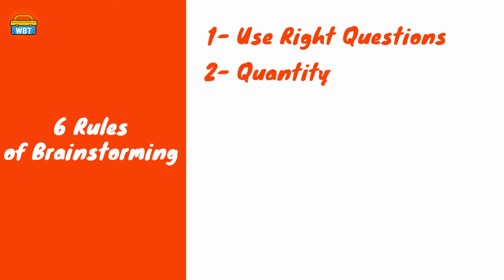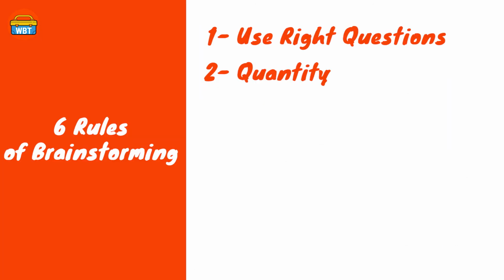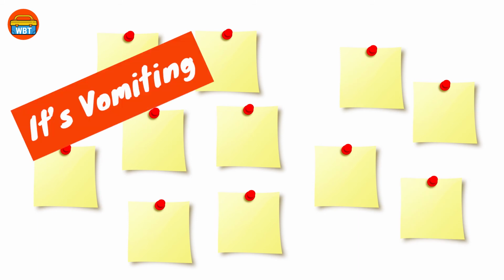Next, we have quantity. Brainstorming is about quantity, not quality. The quality part is for the next phases, either in mind mapping or project planning. But in brainstorming, it's about coming up with as many ideas as you can. It's projectile, remember? Third rule is no judgments. Brainstorming is about having all the ideas possible, small or big, smart or stupid, real or fiction, serious or fun, cheap or expensive. It's vomiting, remember? Since you can't control what comes out of your stomach, in brainstorming, you can't control what comes out of your brain, or at least you shouldn't.